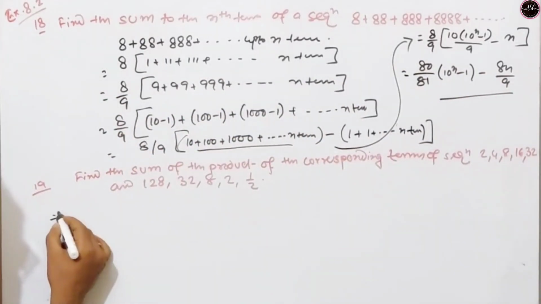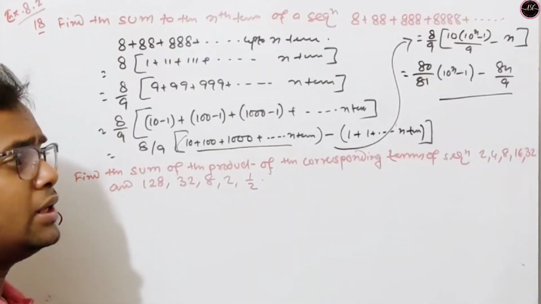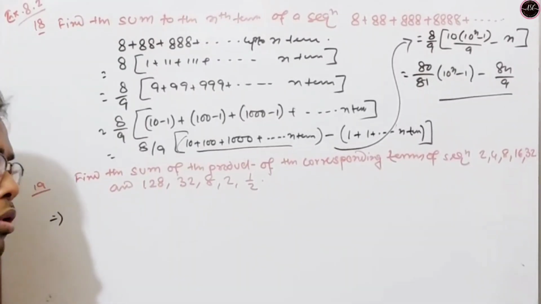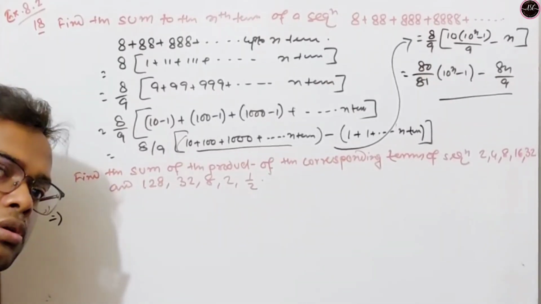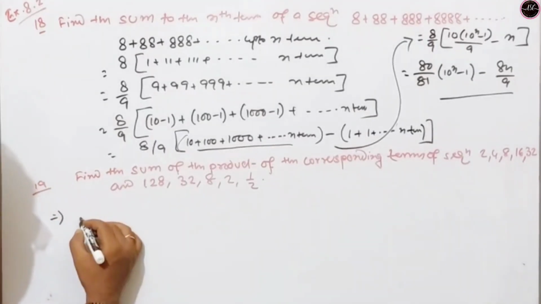Now look at this question. And the sum of the product of the corresponding terms of sequence. There are two sequences, 2, 4, 8, 16, 32, and here 128, 32, 8, 2. So we would multiply each of the corresponding terms of the sequences. So we get the